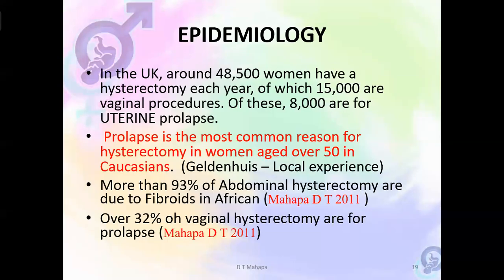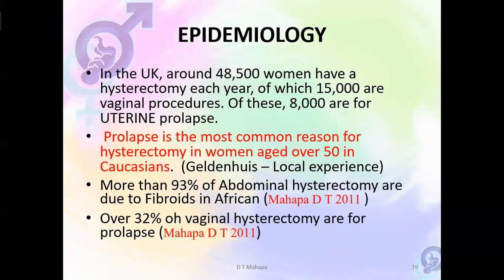and he said pelvic organ prolapse is the most common reason for hysterectomy in women over 50 in the white population. That's Hilton Hayes, which means women over 50 in a white population, the commonest reason why they remove the uterus is because of pelvic organ prolapse. And then I did a study in fulfillment of my Master's of Public Health,